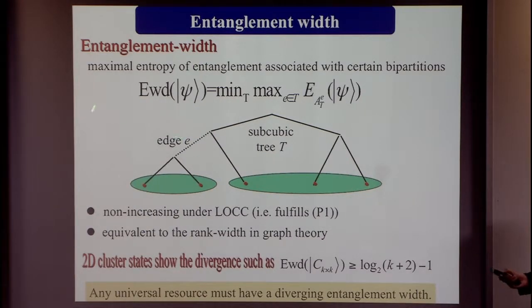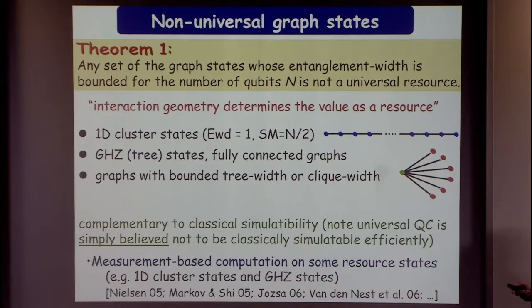Entanglement width, shortly said, is nothing but the rank width, if you know graph theory. And we can say that this is essentially a good entanglement measure in the sense that it is non-increasing. And the fact is, if you calculate this quantity for the 2D cluster states, this diverges. Okay, so it's unbounded. I'll skip this slide. So the first theorem is: